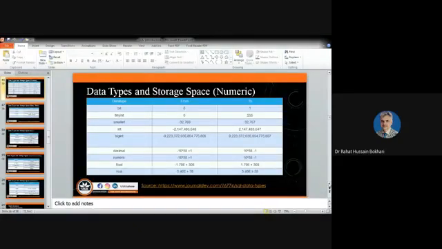When you give a data type to any attribute, keep in mind what the maximum value and the minimum value should be.